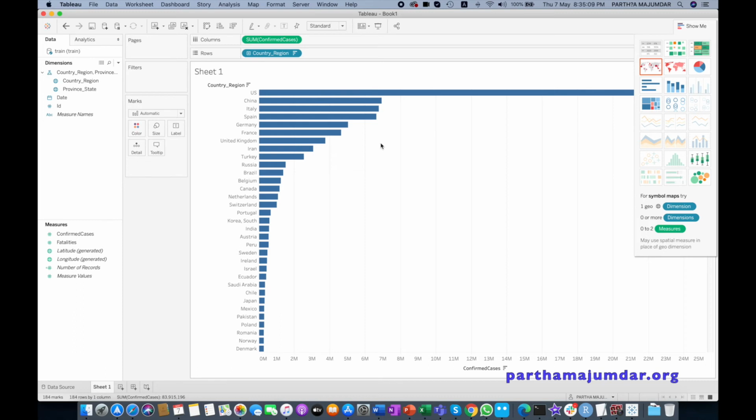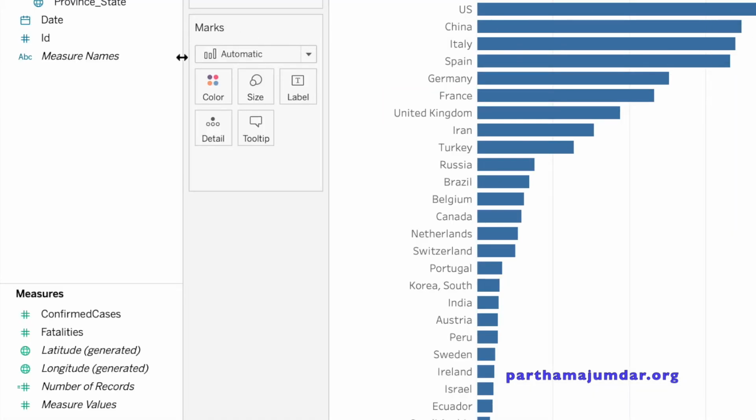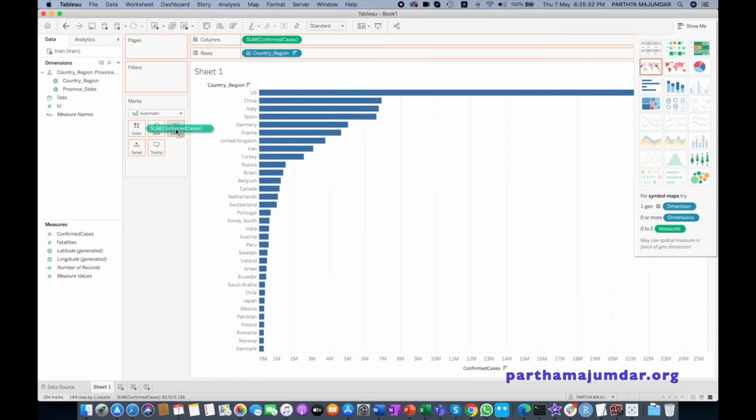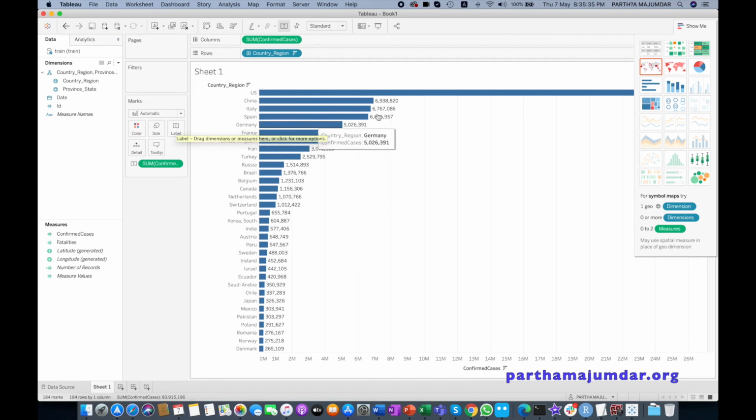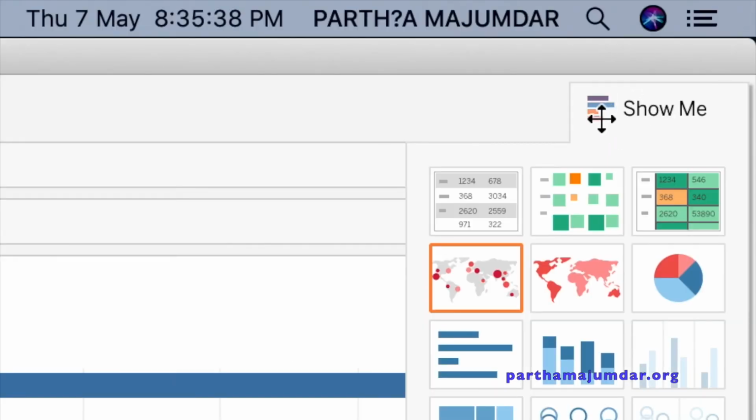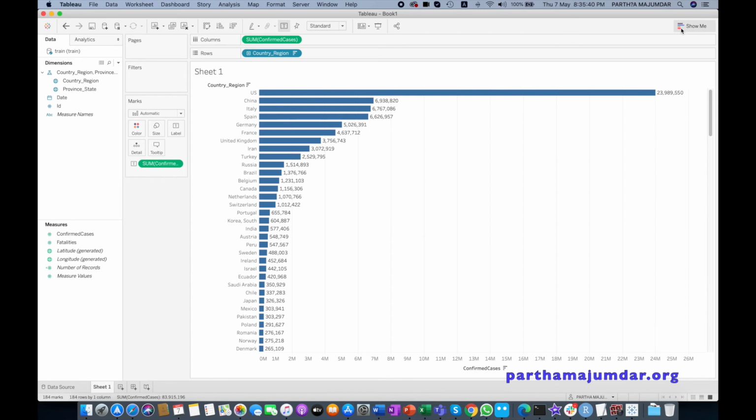However, we are still not able to make out how many confirmed cases are being represented by this bar. So we can do that. Now see this panel here called marks. So here we can set various attributes. The first attribute we would like is that we would like the number of confirmed cases to be displayed. So all we have to do is take the measure confirmed cases and drop it onto labels. So when you drop it onto labels, now the labels are shown here. I can close this panel. So now the labels are being shown here where it says how many confirmed cases are being represented by these bars.